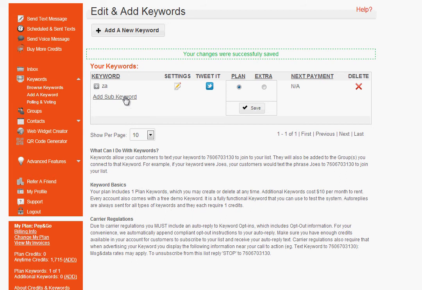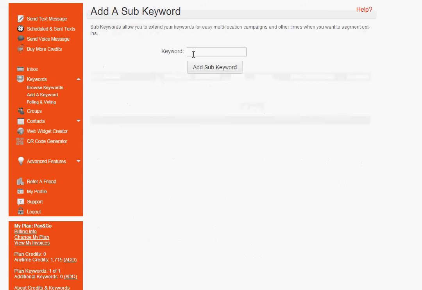So by adding a sub keyword, and I'm going to click that, we're able to customize another word, which is basically the second word in the body of the message. And this can be between 1 and 12 characters in length. Now, for my ZA keyword, what I'm going to do is sort of customize this so that